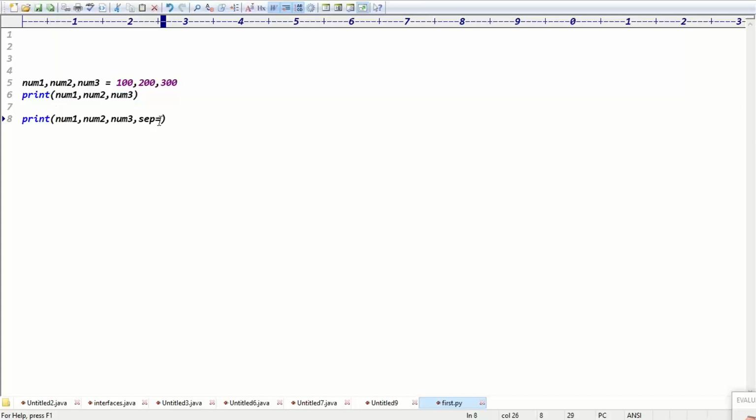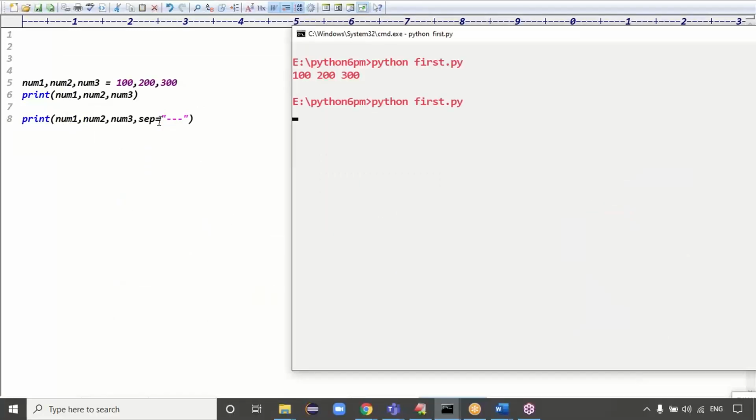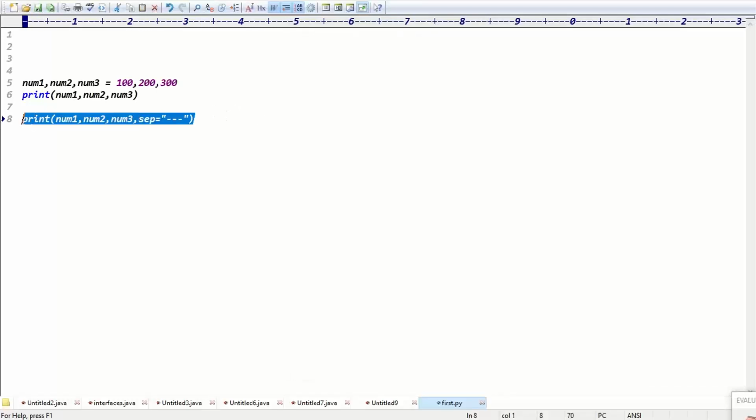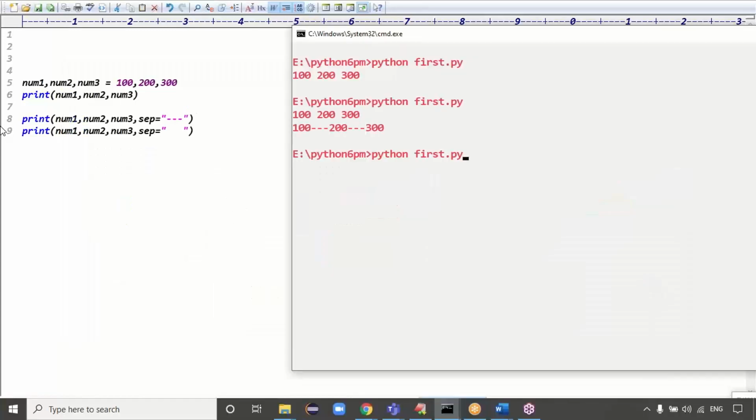But if you want multiple characters, like multiple hyphens, you can give them. Then every variable will have hyphens placed between them. If you want multiple spaces, you can give them, though by default it is one space.